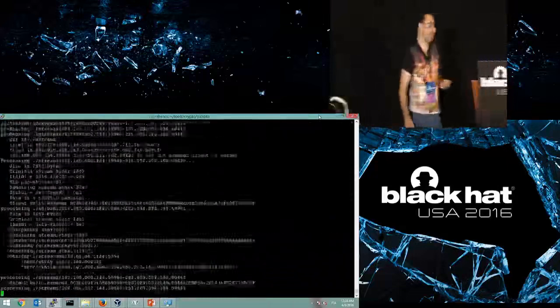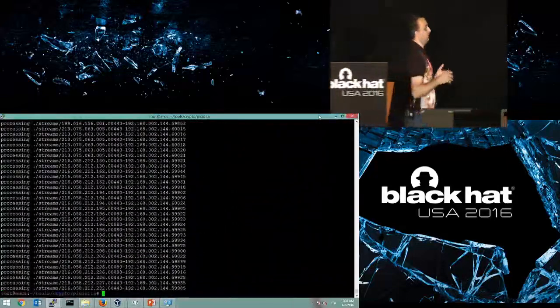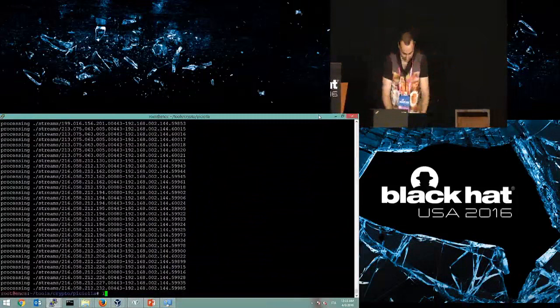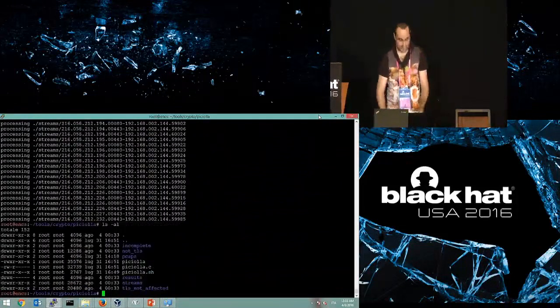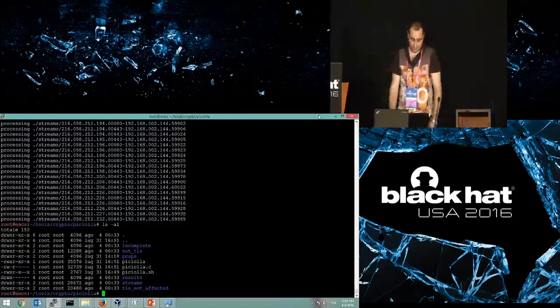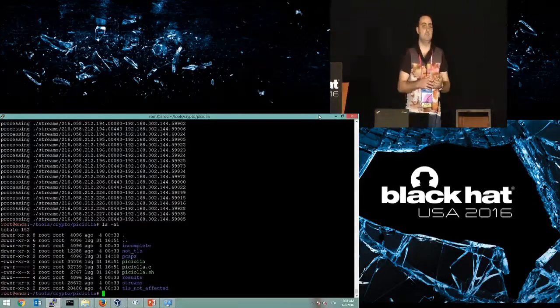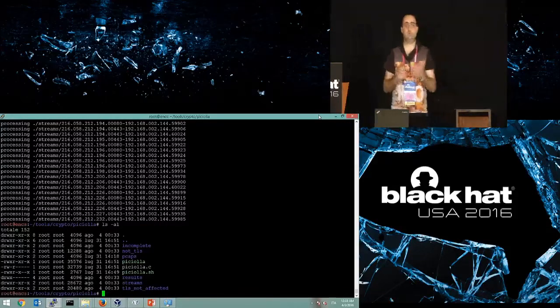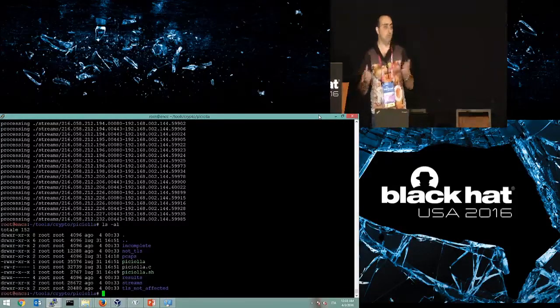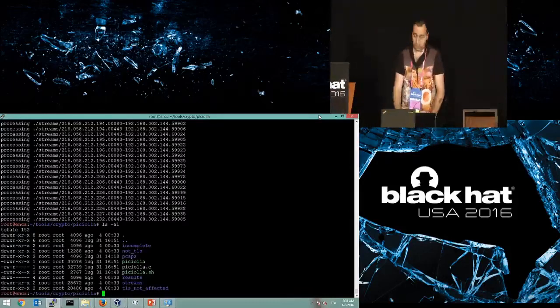And at the end of the analysis of each TCP stream, different directories are created. For example, the incomplete directory contains all the TCP streams where only the client payload was detected and not the server payload, or vice versa. The not TLS directory contains all the TCP streams that are not referring to an SSL or TLS connection.